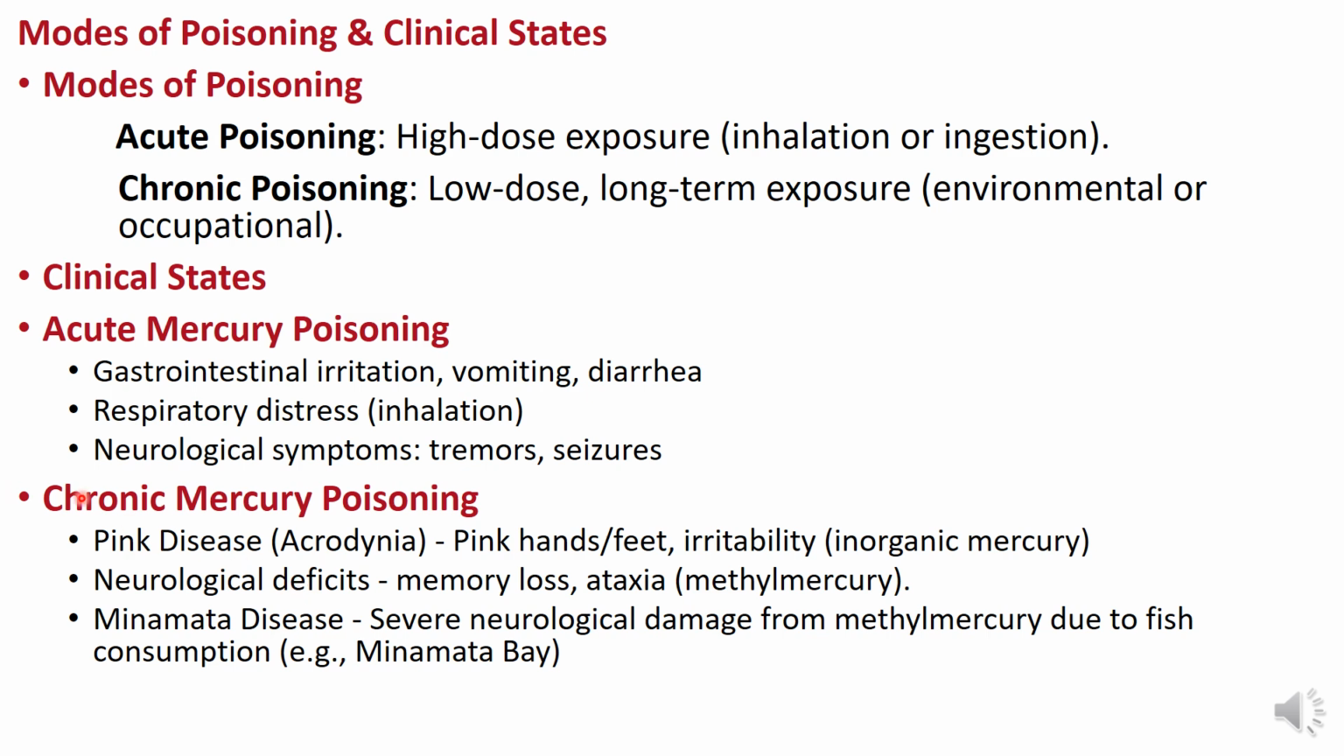Now these are the symptoms. In case of acute one, there may be gastrointestinal irritation, vomiting, diarrhea, respiratory distress, neurological symptoms, tremors and seizures. With chronic mercury poisoning, there are two things that we are going to discuss in detail. There may be a disease called pink disease or acrodynia. That means there may be pink hands, feet due to irritability. And also there may be lots of neurological deficits such as memory loss, ataxia, and also Minamata disease because of